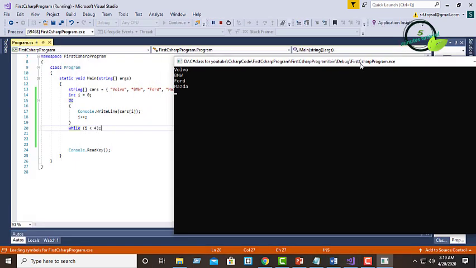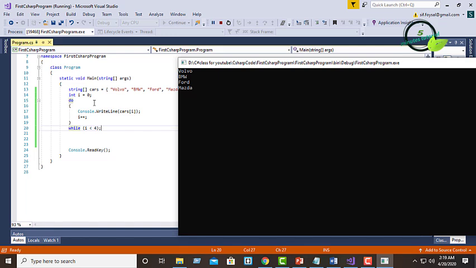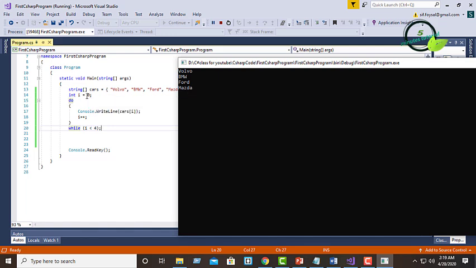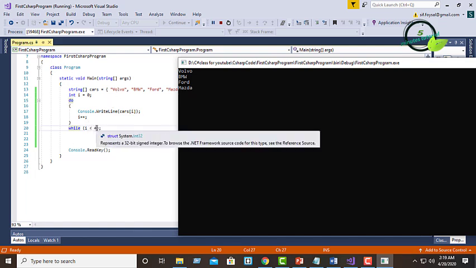So first here it is printing. The i value is 0, so it is printing cars[0], Volvo, then it is incrementing by 1, then it is checking is 1 less than 4 or not.